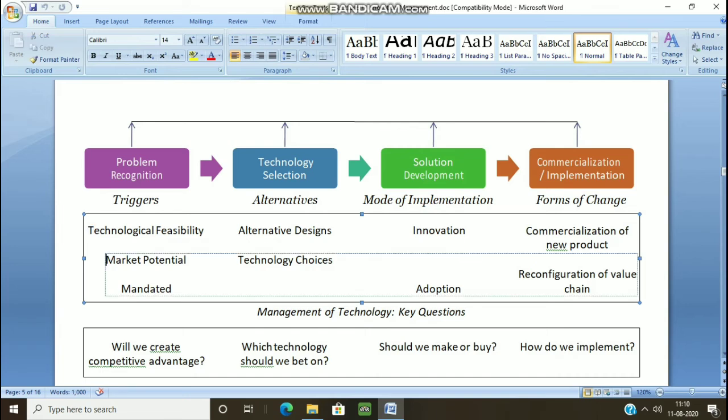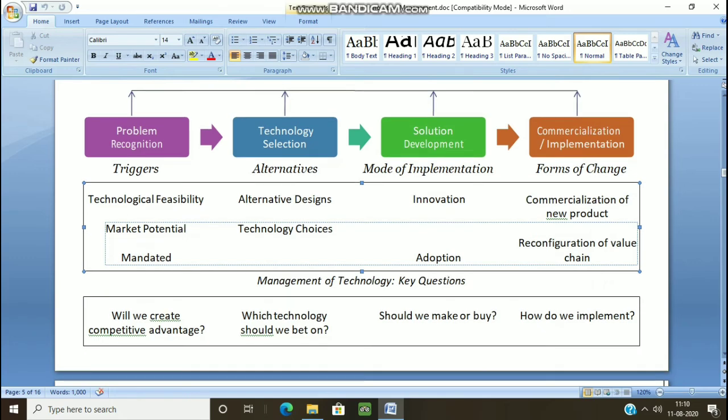What is the market potential? Everybody knows about the market and market potential. Here, what is the basic requirement? After implementation, can we definitely get something, or you can say it's a condition of dilemma. Okay, that is called the market potential.